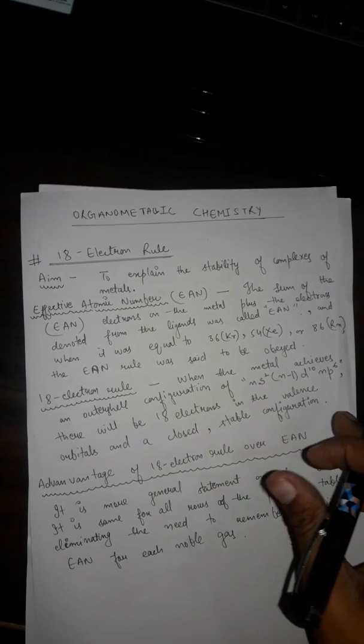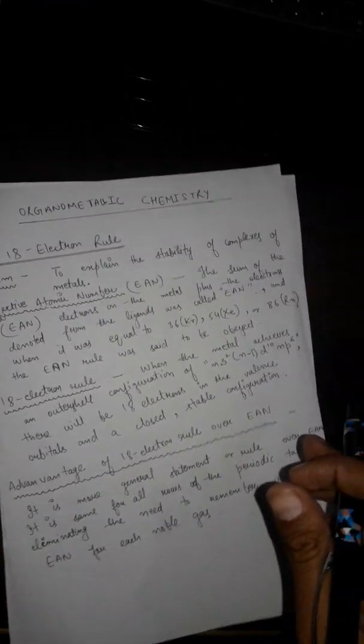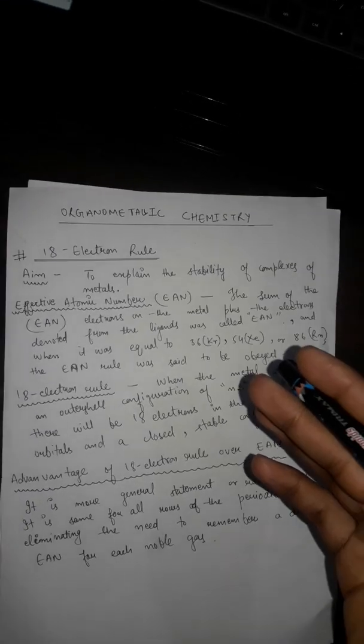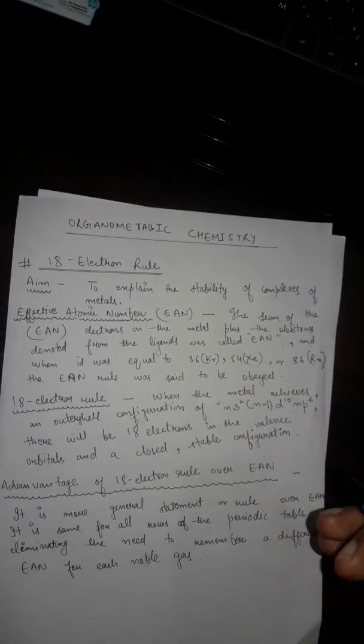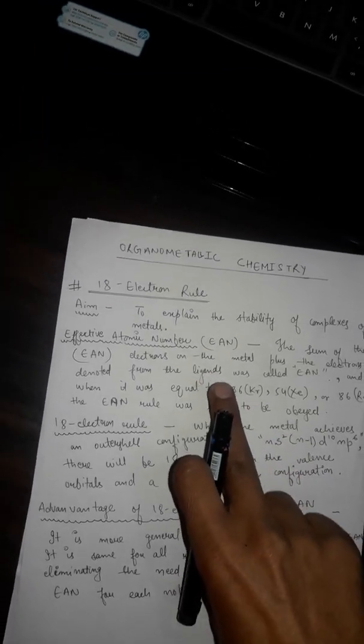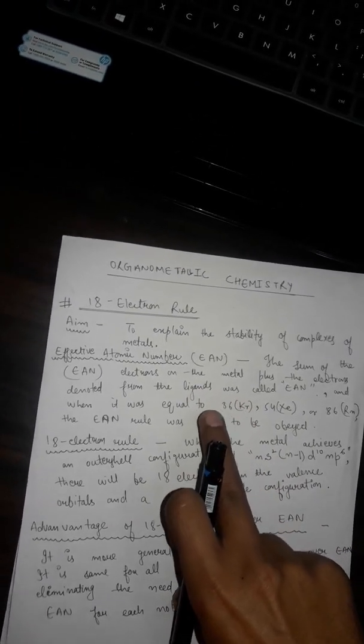Means the number of electrons given by the metal, its outermost shell electrons, plus the electrons given by ligands makes the effective